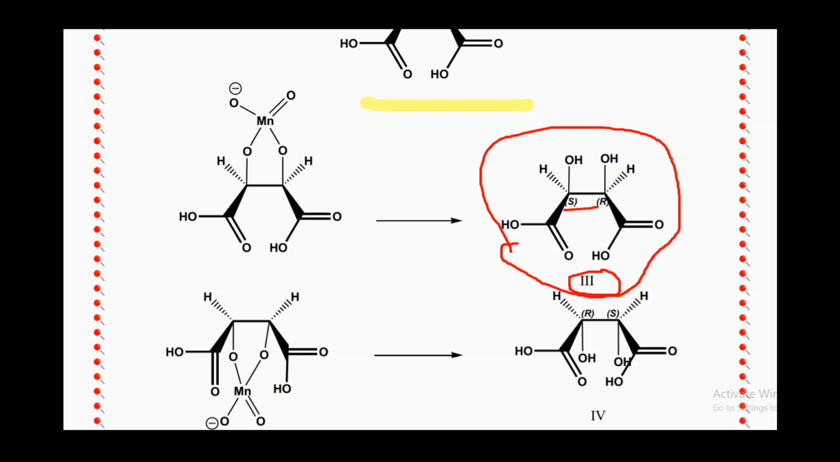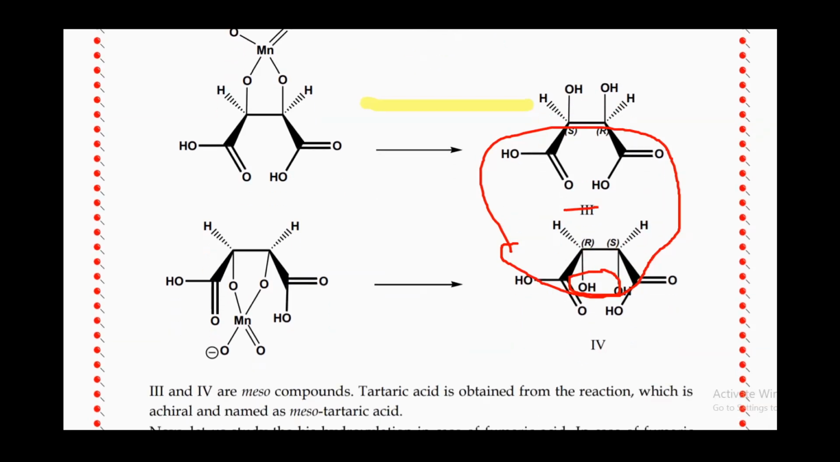So let me make it clear, when you are having the bis hydroxylation, the formation of the cyclic intermediate also gives rise to 4, and when the cyclic intermediate formation occurs on the other face, then it is giving rise to 3. Now 3 and 4, as you can see, are RS and SR, and both are meso compounds. So the tartaric acid which is formed is achiral, and it is named meso-tartaric